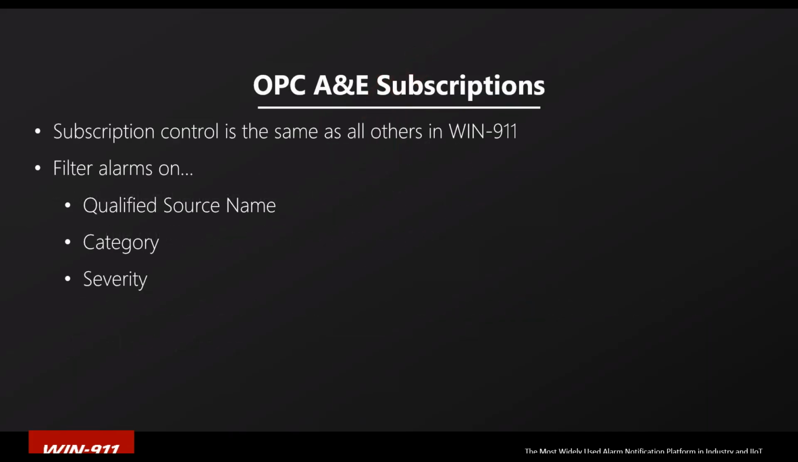When you're working on subscriptions for OPC A&E, so the classic, you can filter on 3 different things. So the qualified source name, which is the alarm name, a category, which is how some servers categorize alarms. So a category is going